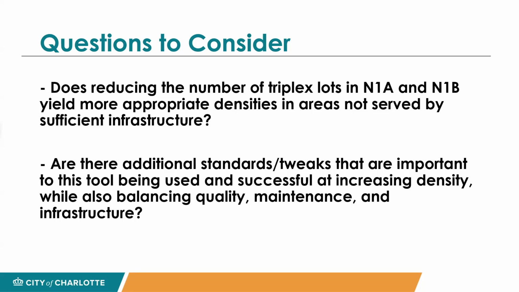The next item was from Rob. With the 25% limitation on triplexes, which to be clear applies to all N1A and N1B areas and developments over 2 acres, except for voluntary mixed income, how will you account for the loss of potential units in terms of meeting current and future housing supply needs? During the development of the UDO, you did studies identifying how many additional units would be created when contemplating higher densities. Have you gone back and reviewed those?